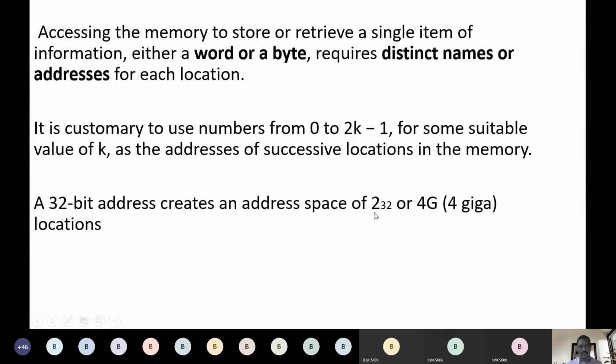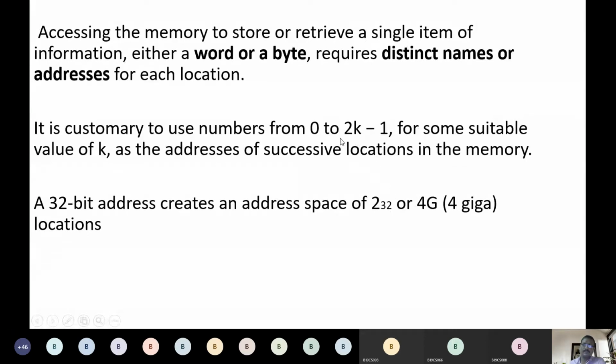You can see these 2 to the power of 32 addresses are for a 32-bit address. If the address length is 32 bits, then the number of addresses available is 2 to the power of 32, or we can say 4 GB. The addresses range from 0 to 2 to the power of k, here k is 32.